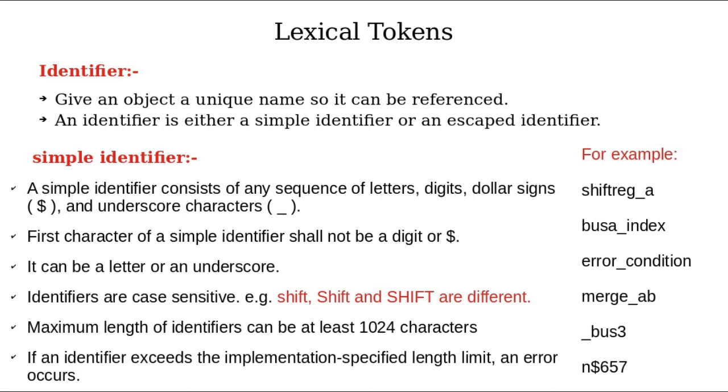One more thing I want to add here is that the identifier name should be meaningful. It is not necessary, but it should be done to make the program understandable. For example, a few legal identifiers are shown here, but in the last example we cannot see the meaning of this word. So this identifier is legal, but it has an ambiguous meaning.